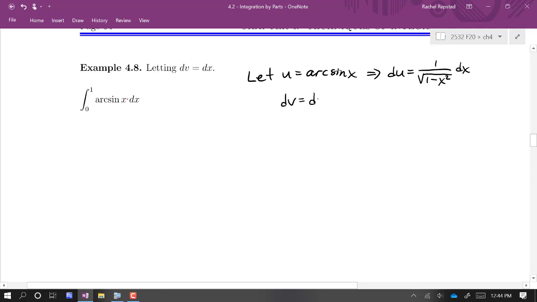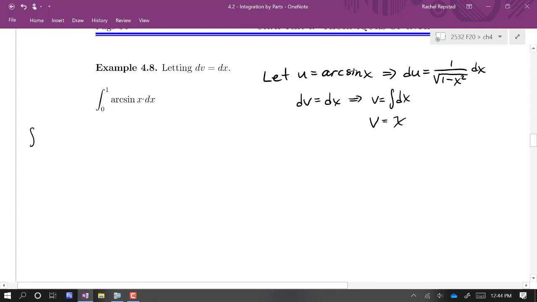dv is equal to dx, and so that means v is the integral of dx, and of course that simplest antiderivative, v, is just equal to x. So now the indefinite integral of arc sine x dx is equal to, I'm going to start by writing out the integration by parts formula, u times v minus the integral of v du,